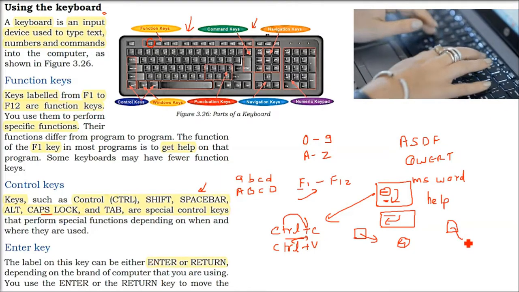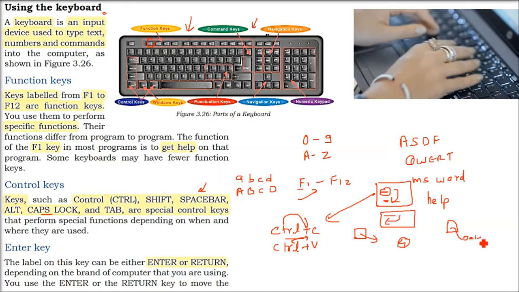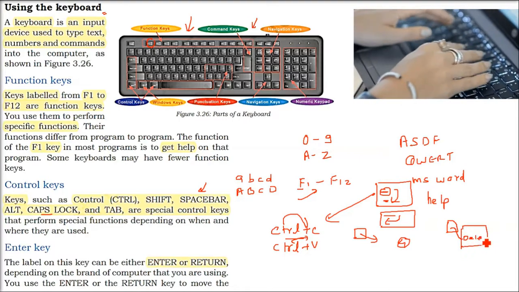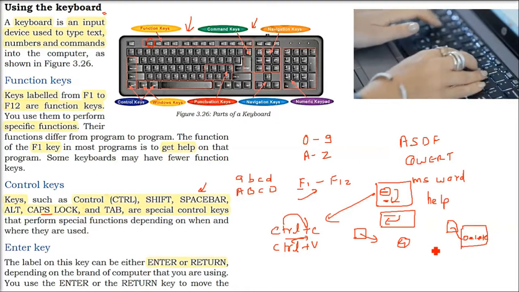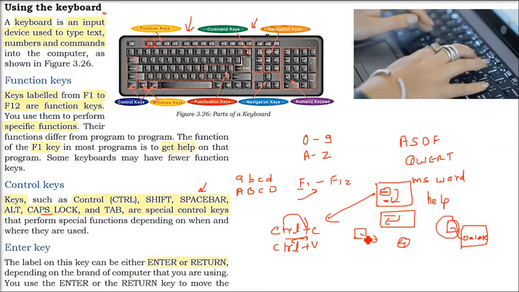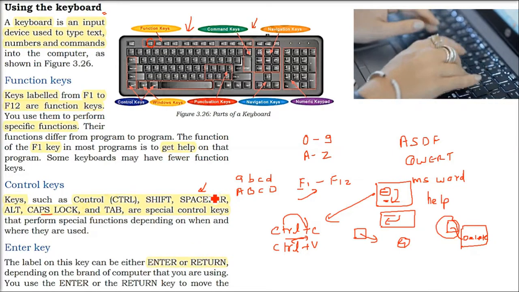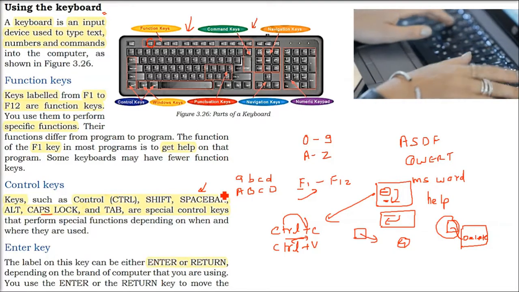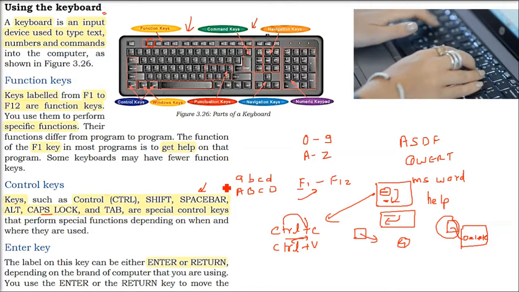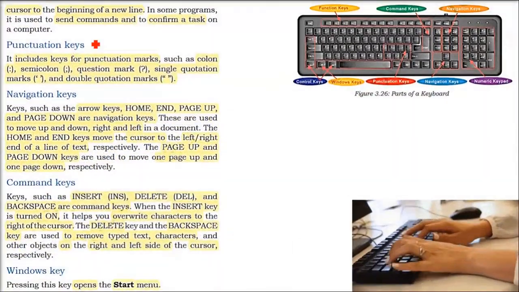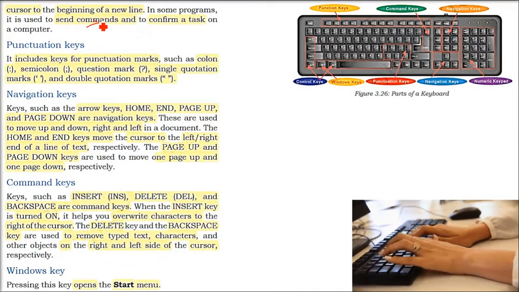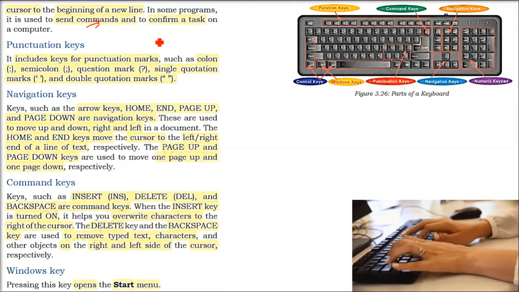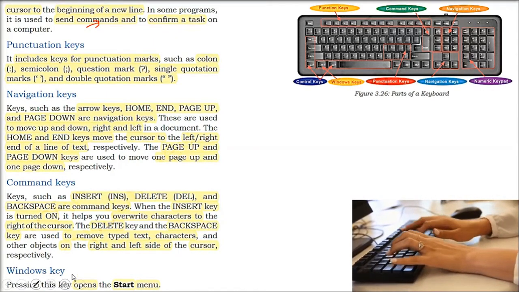Okay. So if you right click a file with the mouse, you come to the delete option, and then you press enter. What will happen? Enter will delete the file. You can do it by mouse also, but enter is basically the final touch. Right? Again, it can take you to do the commands, or if you want to confirm a task, that is the final touch it will give.